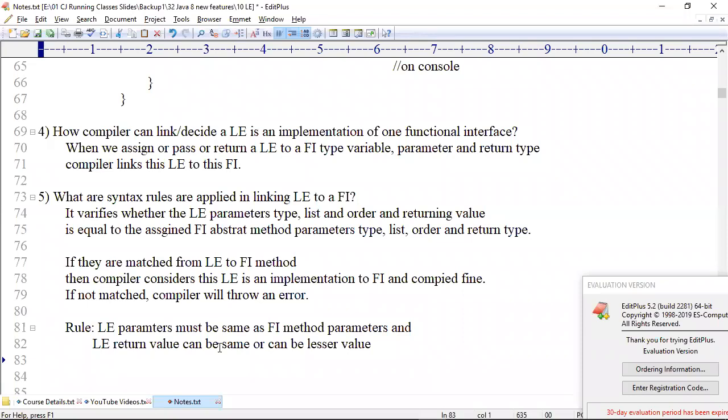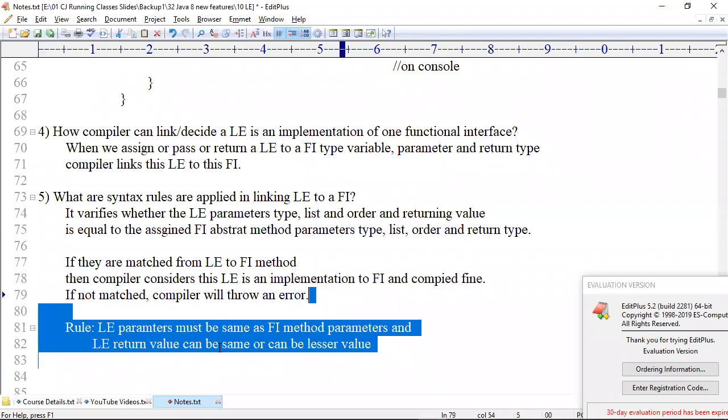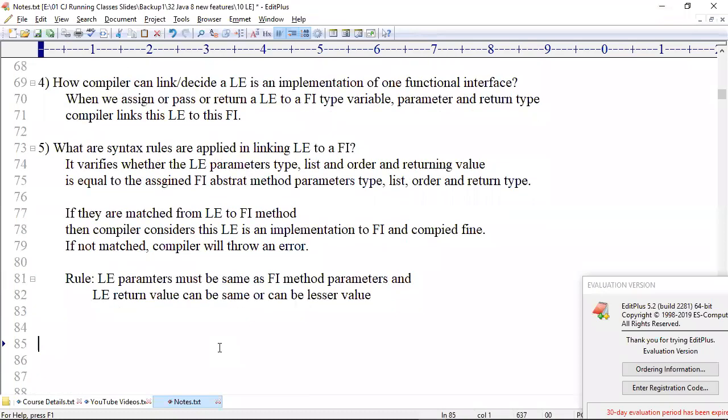Okay? Can I hope these points are easy for you to understand, right? Tell me, can you create a lambda expression however you like, or do you need to follow the functional interface? Then the definition: a lambda expression is an anonymous function. Is it really the right definition?